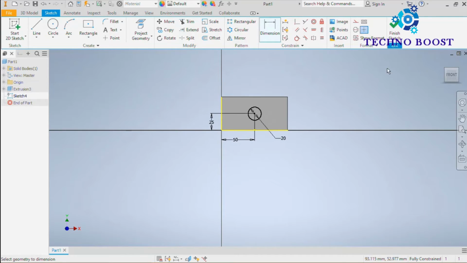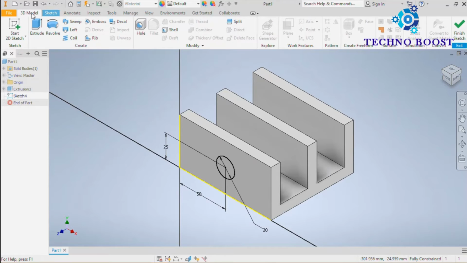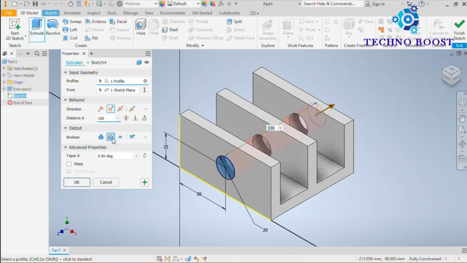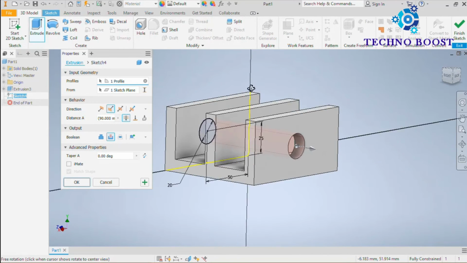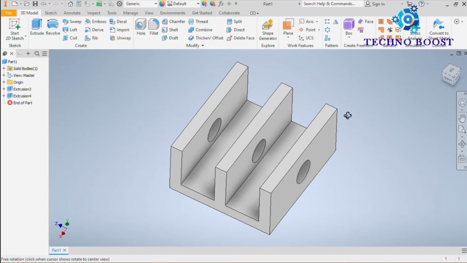Okay, 3D model, extrude, extrude cut. You can see if I select through all, it will cut up to the last.